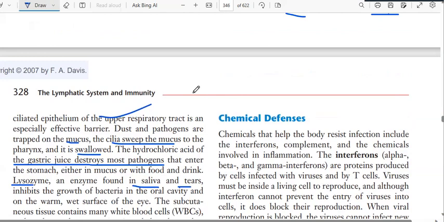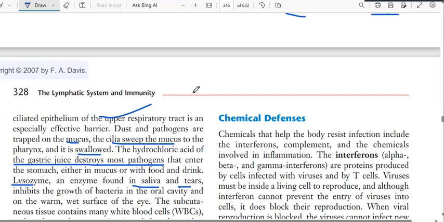Like whenever you comb, what will happen? You will release the hair. Then, like that, the respiratory tract has ciliated epithelium, which will release all the dust and pathogens from the surface it is entering. It will give them to the pharynx. Then if you swallow it, it will go to the